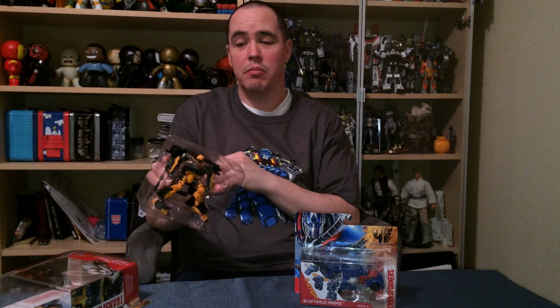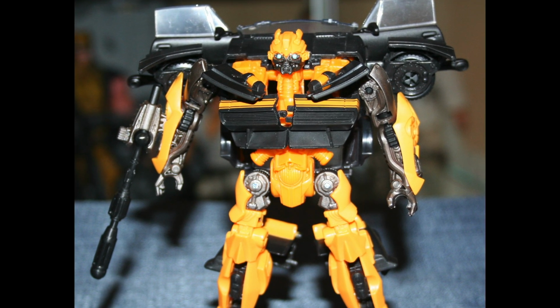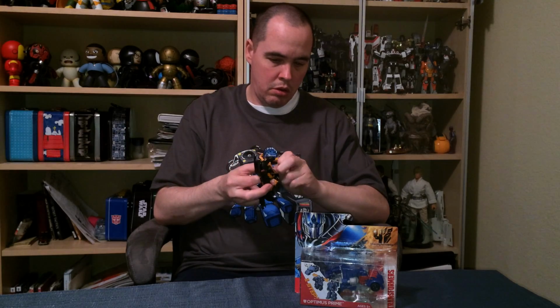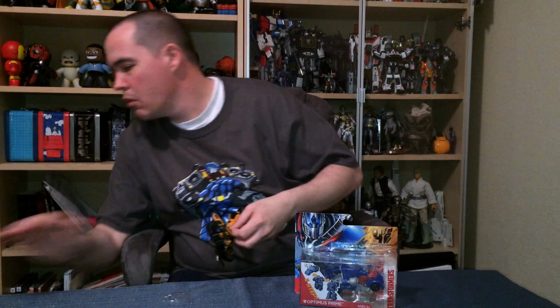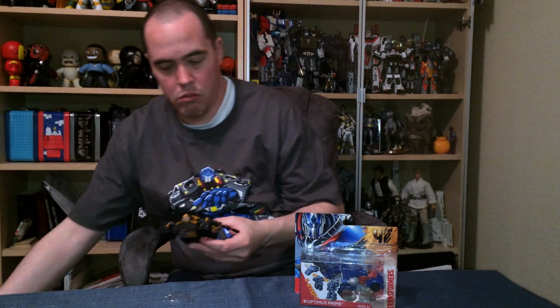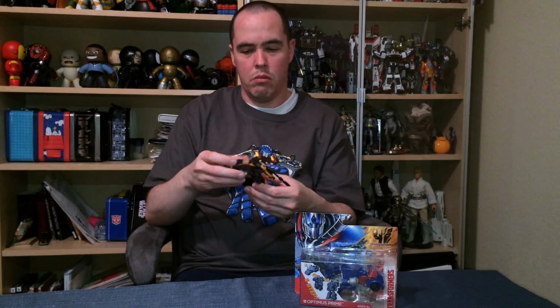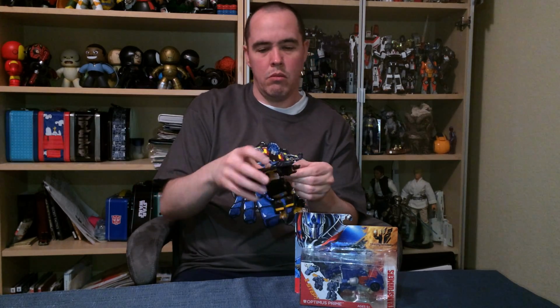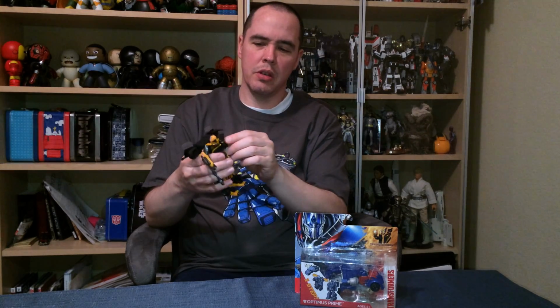Just off the bat, these seem a little bit smaller than the previous Transformers movie toys. I think a lot of people have been talking about that, and in person they definitely do seem a little bit smaller. It really wasn't all that hard getting it out of here, which is a good thing. Oh, and Bumblebee's got these ratcheting joints in his elbow, which I don't think I've seen